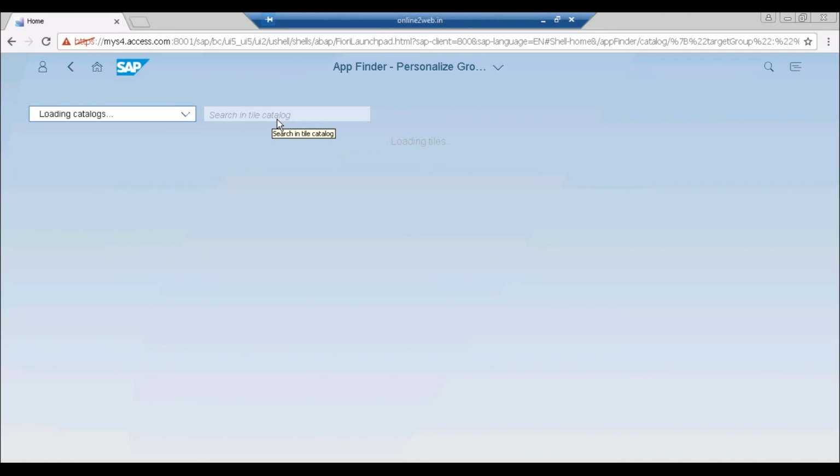Either you will ask him to do the transactions via SAP Fiori, or you will ask him to do the transactions via the traditional GUI. So let's take an example of creation of purchase order. You need to decide whether you will allow the user to create the purchase order using the traditional GUI, or you want the user to use a new screen instead of the old screen.